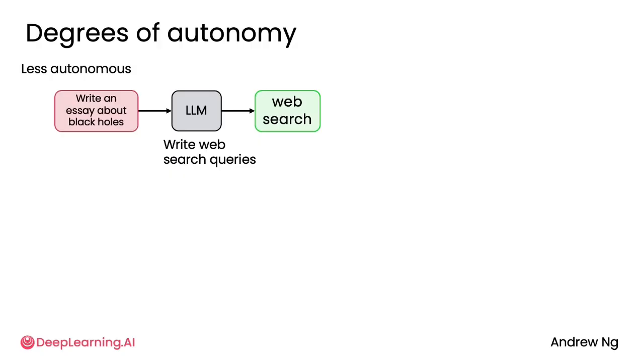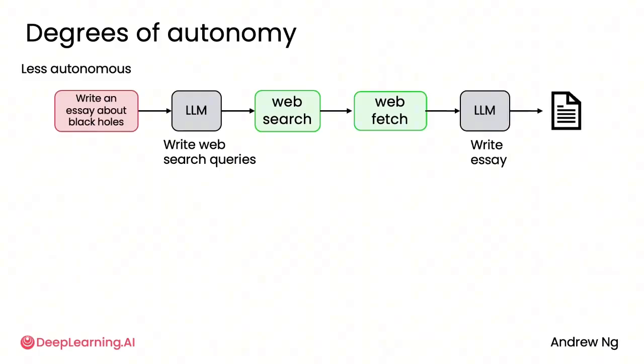Then you can hard code in that you call a web search engine, fetch some web pages, and then use that to write an essay. And this would be an example of a less autonomous agent with a fully deterministic sequence of steps, and this will work okay. In terms of notational convention, throughout this course, I'll use the red color, as you see here